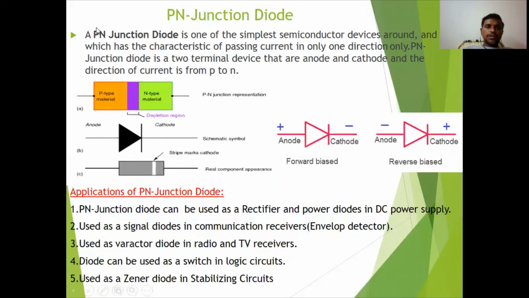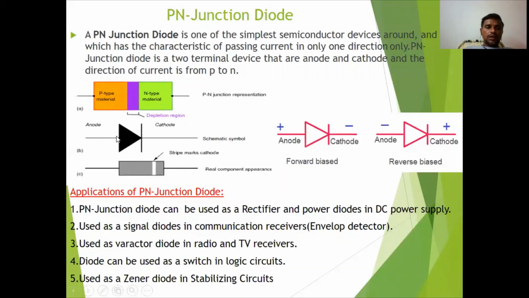Okay, so the p-n junction is a simple semiconductor device which consists of p-type material and n-type material. Here, p-type has majority carriers that are holes, and n-type has majority carriers that are electrons. I will consider the anode, or positive terminal, to be this side, and the cathode this side. So here we have p-type material and n-type material, and this is the p-n junction representation, and this is